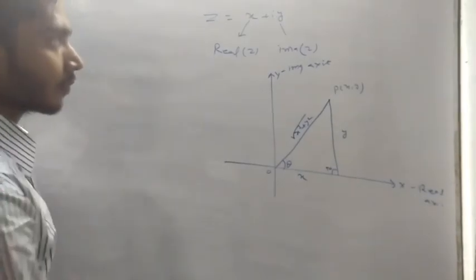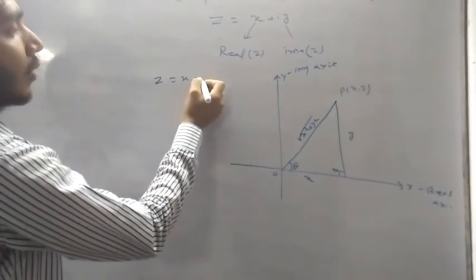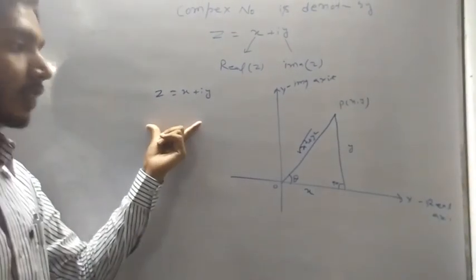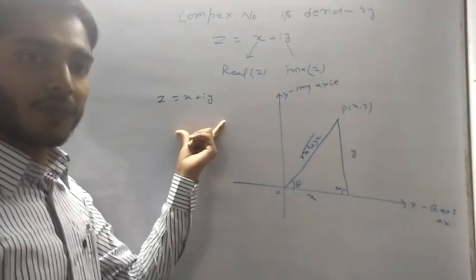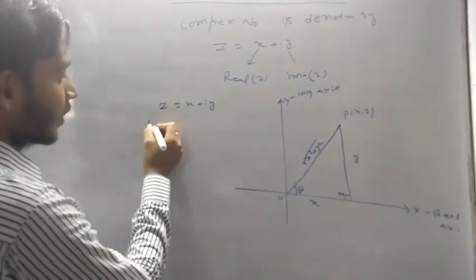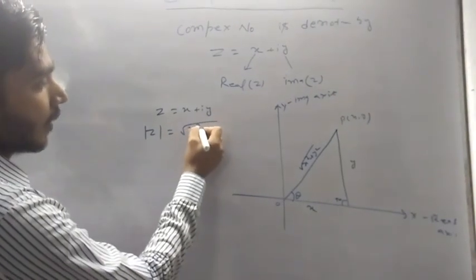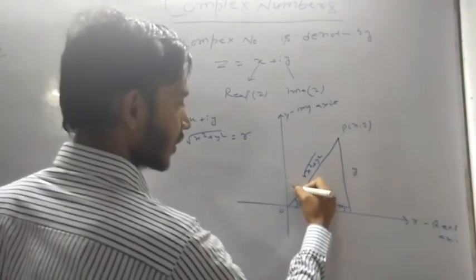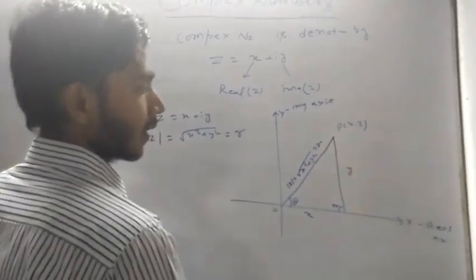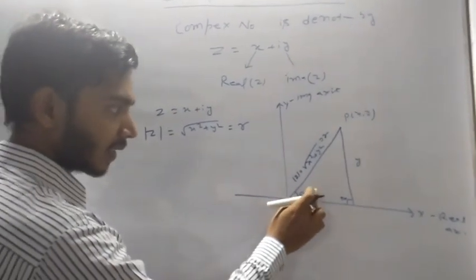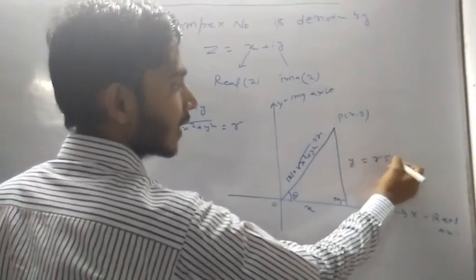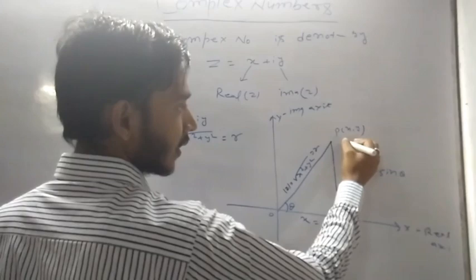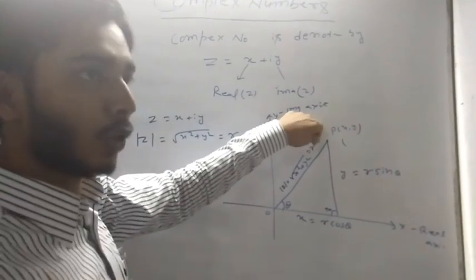Now z is equal to x plus iota y. If we find the modulus of z, it means the positive square root of x square plus y square. We write modulus of z is equal to under root x square plus y square, and we call this r. So modulus of z is equal to r, and if the angle is theta, then this value y is equal to r sin theta and this value x is equal to r cos theta. Then we notate this point in polar form as (r, theta).